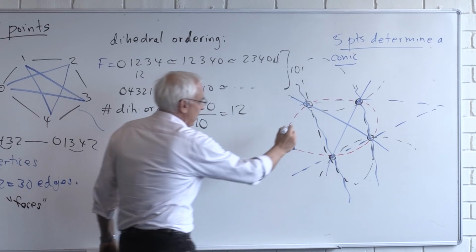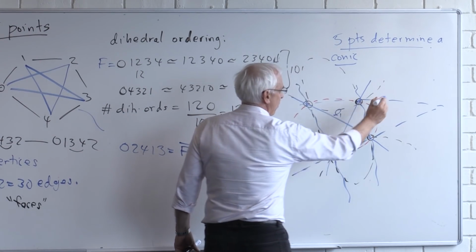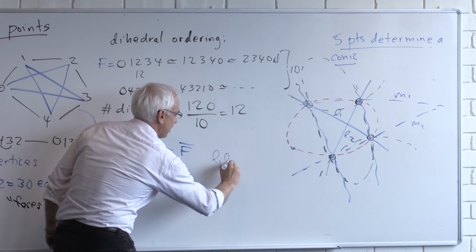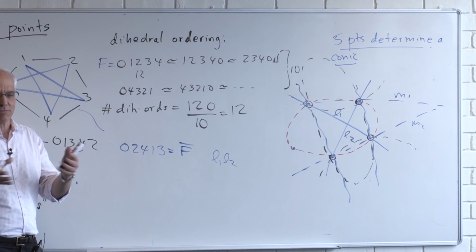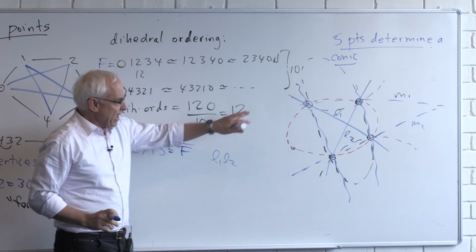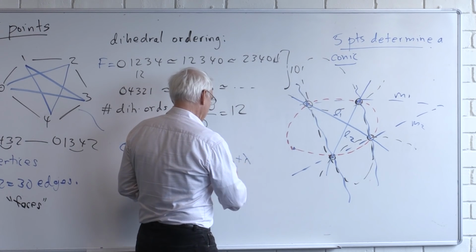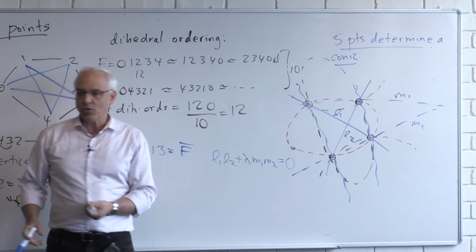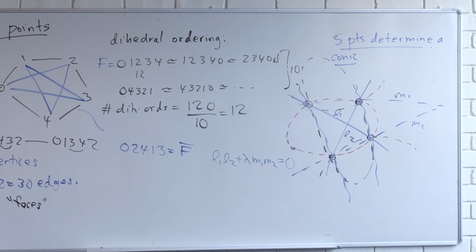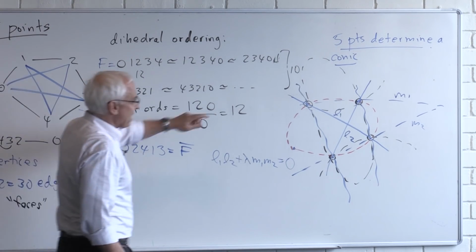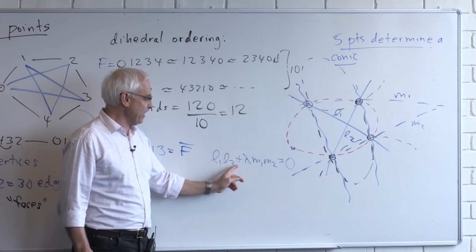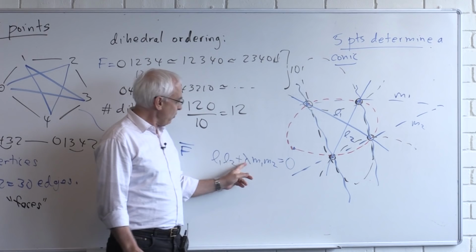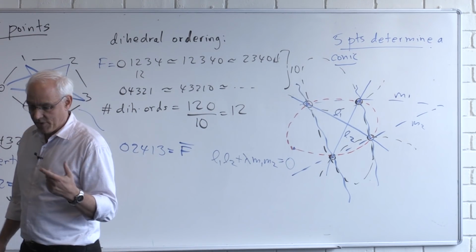So if we call one of these pairs, say, L1 and L2, and the other one, say, M1, M2, then these particular conics are just the products L1 L2. That's just the equation of the lines multiplied together. And then if you look at a combination like lambda L1 L2 plus lambda times M1 M2, say, equals 0, that will be a quadratic equation, therefore defining a conic, which necessarily passes through the 4 points, because L1 L2 and M1 M2 pass through the 4 points by arranging it that way. And so no matter what lambda is, that gives you a general point in this pencil.